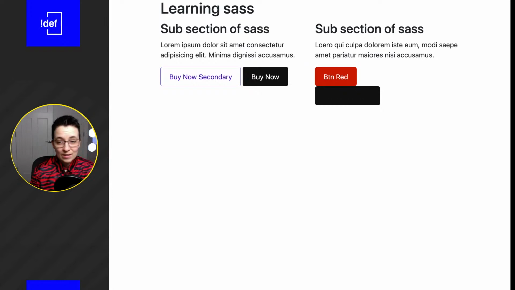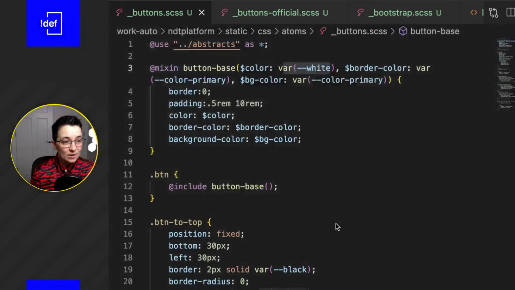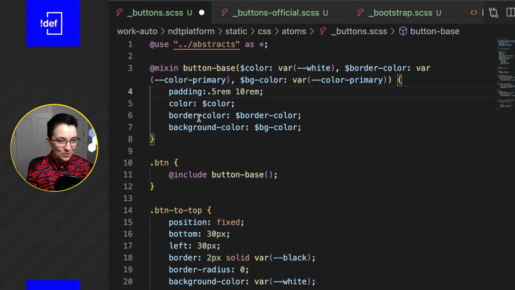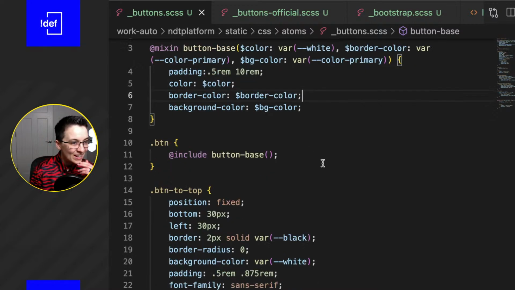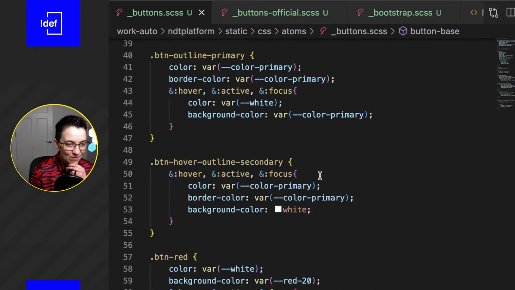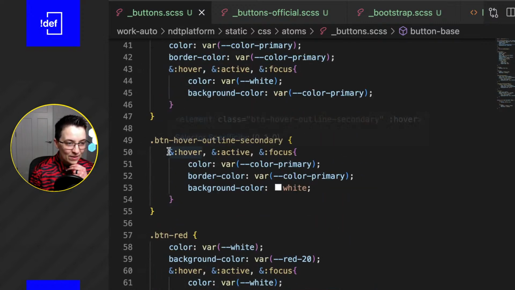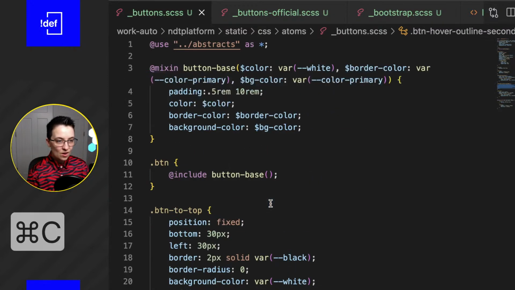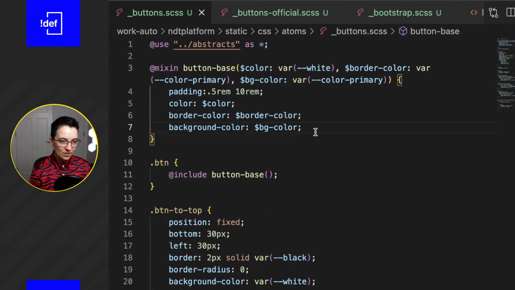So we have a sort of a base. I wonder what else. You know what? Probably should get rid of border 0 if the border color is going to be set. And then the last thing, let's see here. I do want to have a hover, active, focus state on all of my buttons, because the other thing that I see